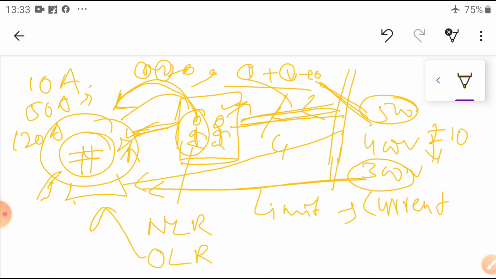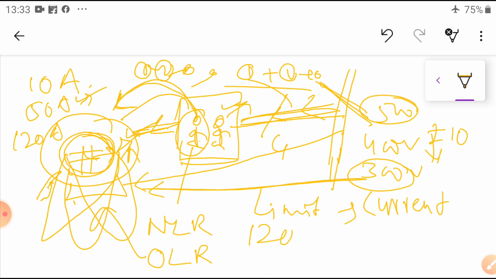Suppose it is running, normally you are taking 1 or 2 plates. So it is taking the current, initially 50 amperes, the motor is started and running. You give one application to the rotor, it will draw the current, some overload takes place. If you add another application, the overload increases more. If you further add another application, then the overload taken by this motor is increased 120% above this. At that condition, the OLR automatically detects it and switches off the total supply. Otherwise, what will happen? Due to the overload for a long duration, your total motor will spoil.